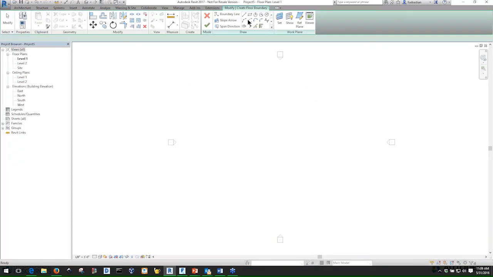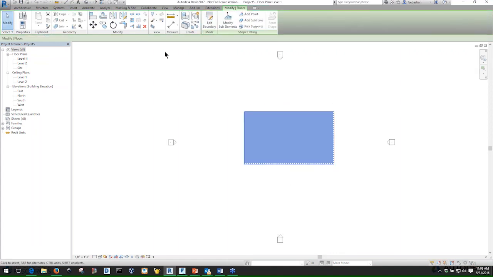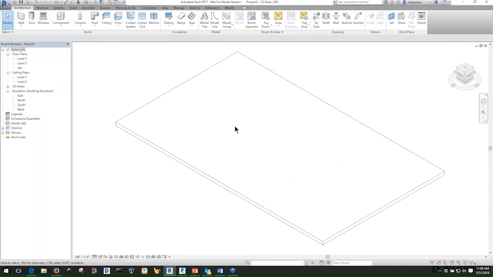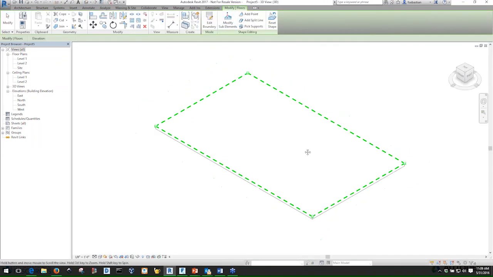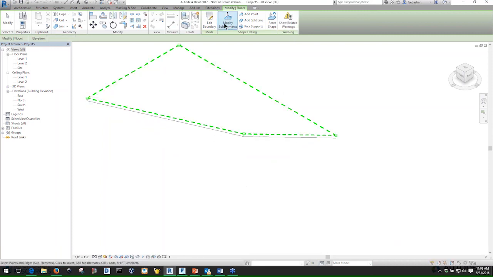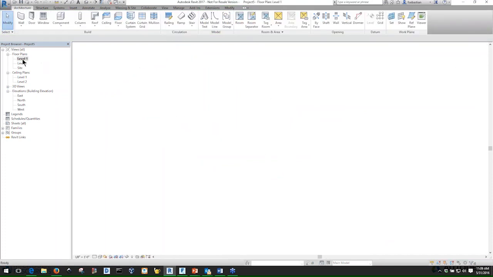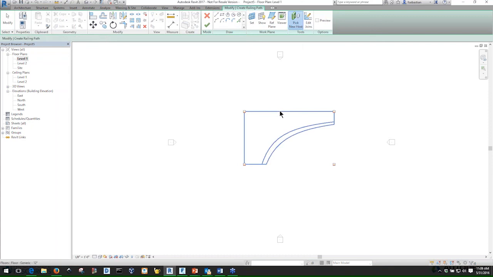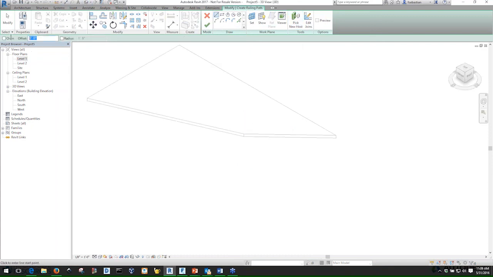So let's say, for instance, I had a rectangular floor like so, and let's say I used the shape edit tools to change the geometry of the floor, albeit a little extreme in this case, but I've changed the geometry of the floor nevertheless. I can use the railing tool now and say I want this floor to be my host, and then I could go and drop this railing